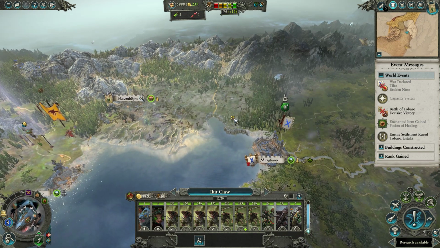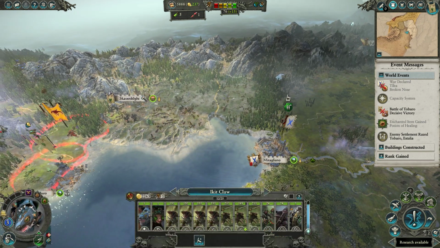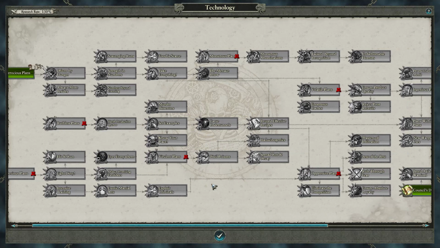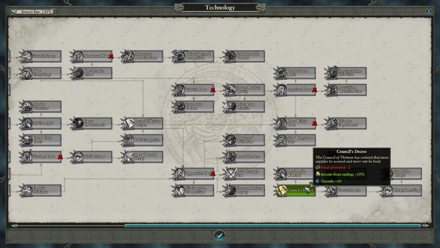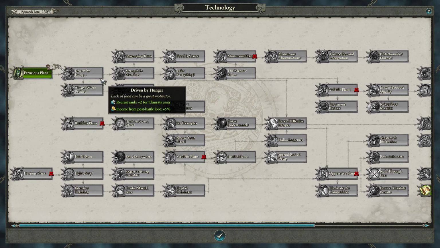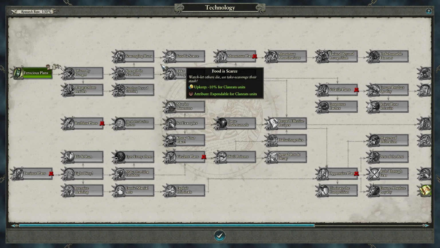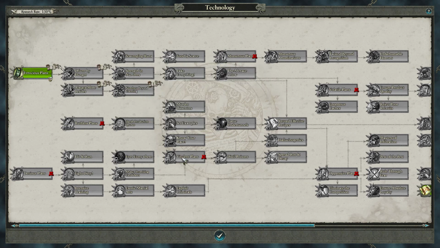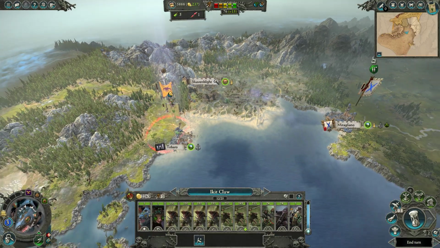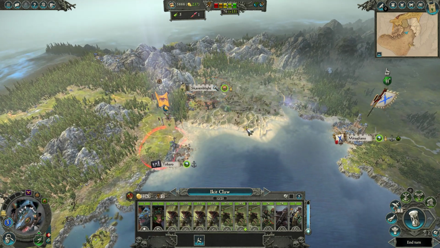I'll lose the gold for now. But I do get access to either the council's decree, which obviously I can't afford in terms of food, or ferocious plans. So I will be getting this. And then